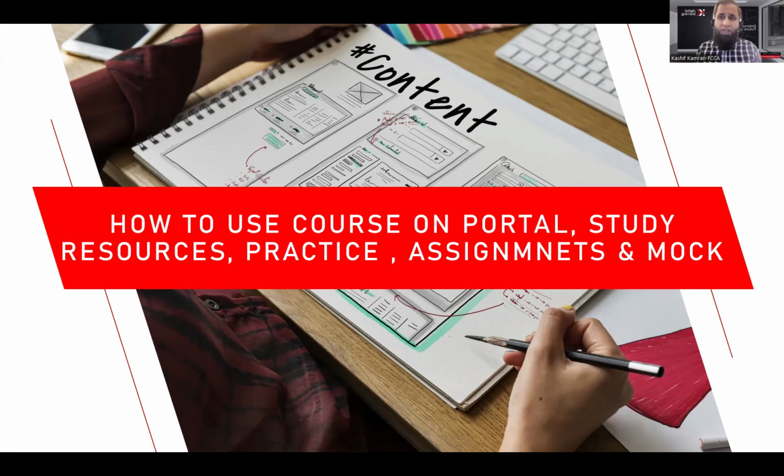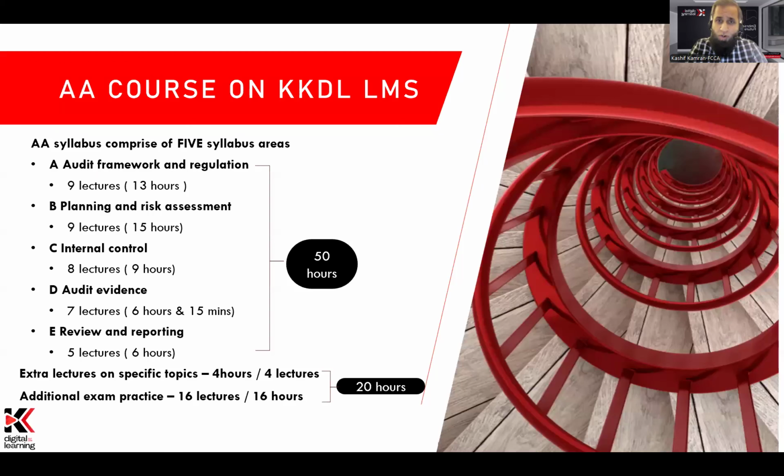This is the important thing which you must take note of if you're enrolling for my course or you've already enrolled. When you look at the AAA course on my learning management system, which I call the LMS, which is a web-based LMS, once you take the admission, my admin will give you your username and password. You will log in through that and explore the course. There are 5 syllabus areas, as I already mentioned, and I have covered lectures on each syllabus area. I'll be showing you a glimpse of the LMS shortly after covering this slide in front of you.